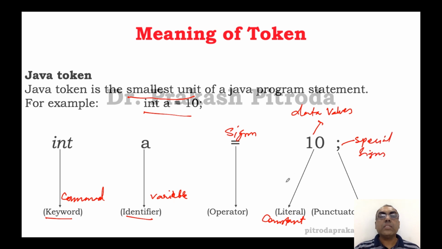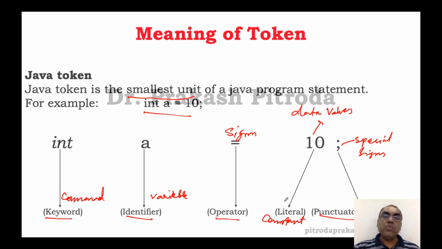But as a Java student you need to know these terms which are mentioned here because they are Java tokens. Like if I write an English statement, it may contain verb, adverb, adjective, noun, pronoun. They are called tokens of the English language because they will help understanding. Similarly, from a Java statement, you may find out which is a keyword, which is an identifier, which is an operator, etc. So they are called Java tokens.